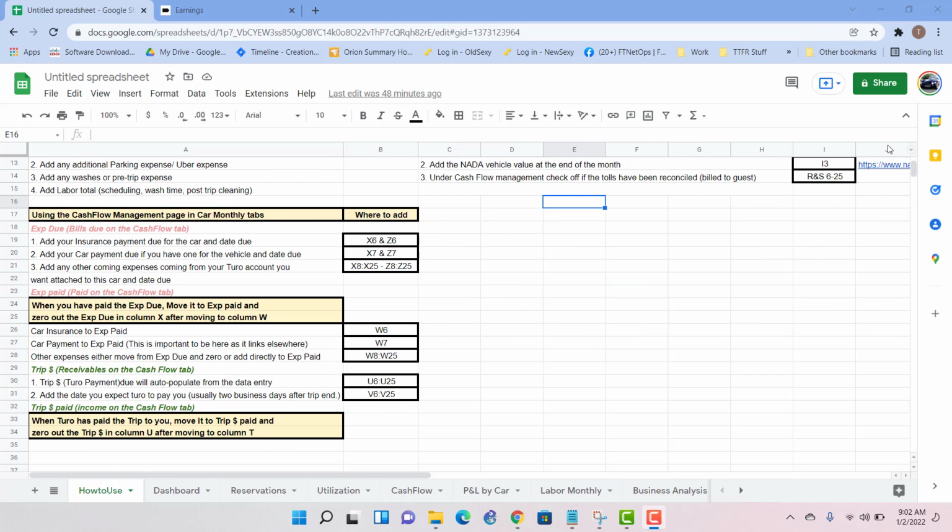Hey, this section is going to be mainly on the cash flow page. So this is going to be how to, if you use this sheet the same way I do it, how to track your Turo or car sharing bank account. So I'm going to go into the sheet. You can see the how-to instructions are here in the first tab of the sheet, but we're going to get right into it and hop into